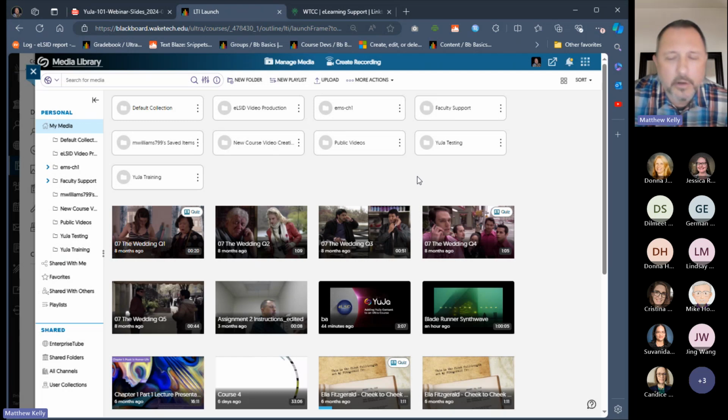So chances are you're going to be able to record and upload a lot of video files to this. And it's really going to be a long, long time until you hear anything about limitations. That said, if you do want to keep an eye on your video file size, if they're several gigabytes apiece, maybe reach out to us, have one of us take a look at your files and see if maybe some alternatives are needed. Maybe some preparation needed to get those videos ready to bring to YuJa.